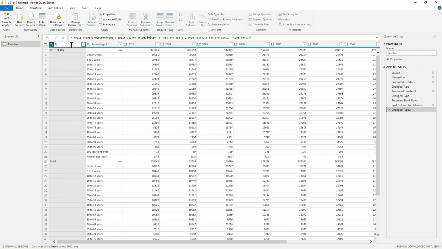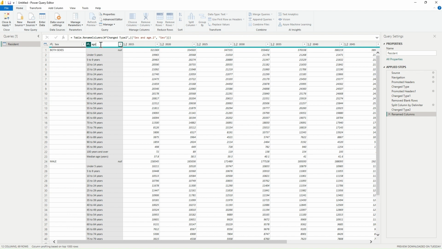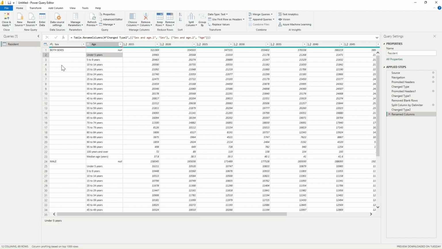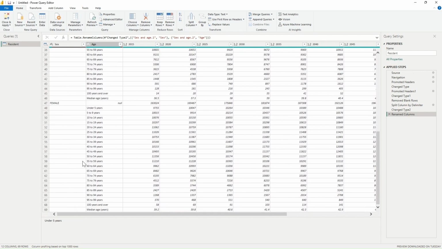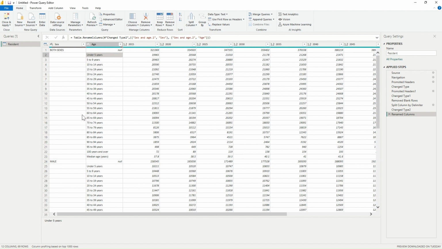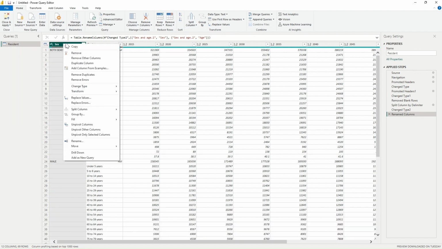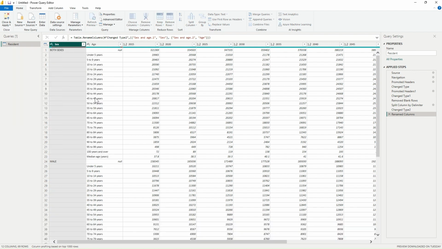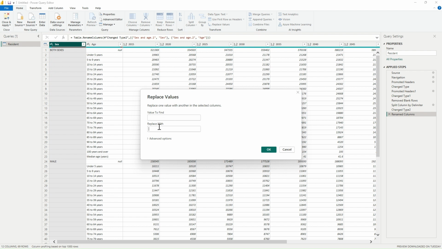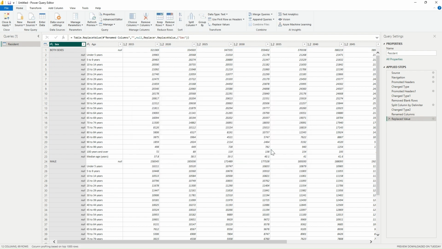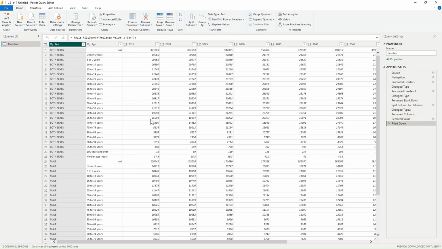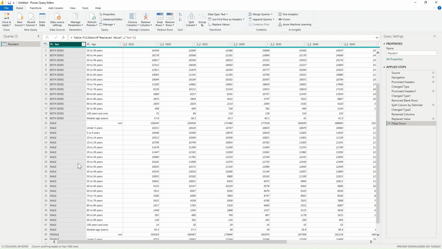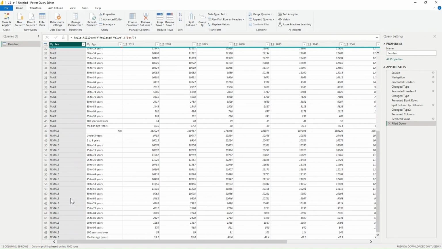I will just rename this as sex, this one as age, and now we want to fill these values with both sexes. All of these are male and all of these are female. So we can use the fill function, but that only works when there are nulls in it, not for blank rows. So what I will do is first right click and click on replace values, and I will replace blank values with null. Click on OK, and then I will again right click, do a fill and down. So like that, I have all my rows with the proper sex added.